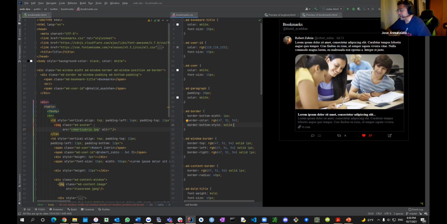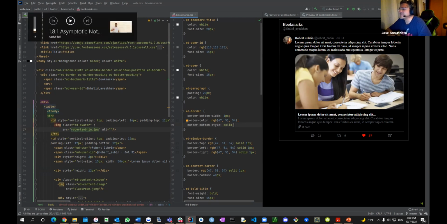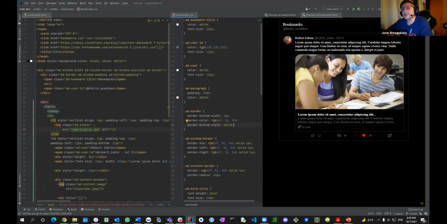Another approach is that you only name the things you want to style, and then you refer to that in the CSS to style it. Or even a combination of the strategies is that you don't give names. Instead, for instance, instead of using WD paragraph, user ID, window, border, like that,